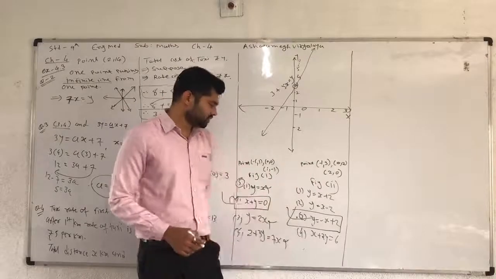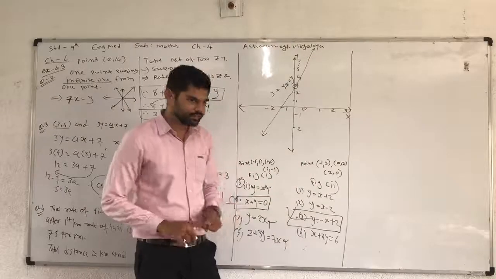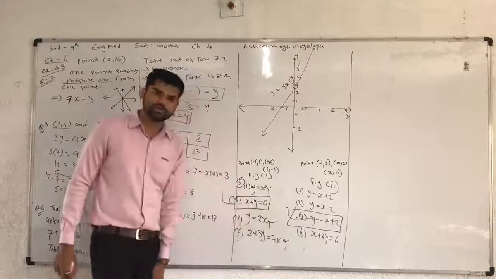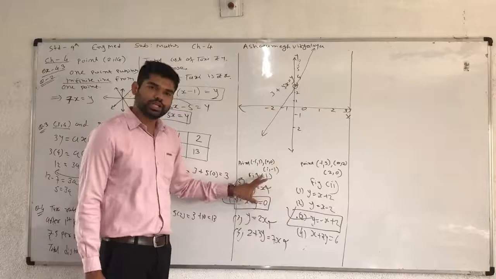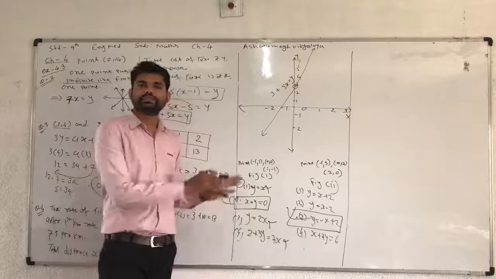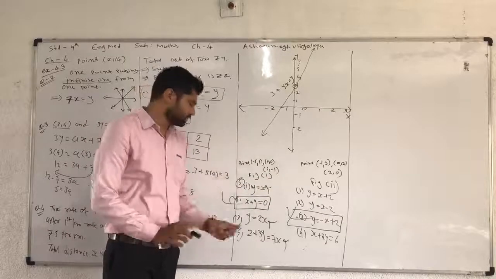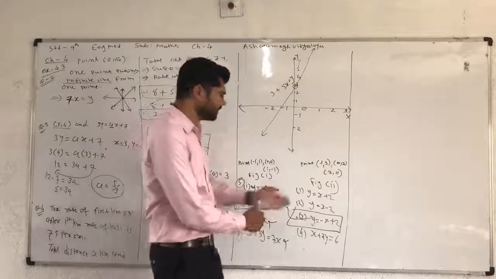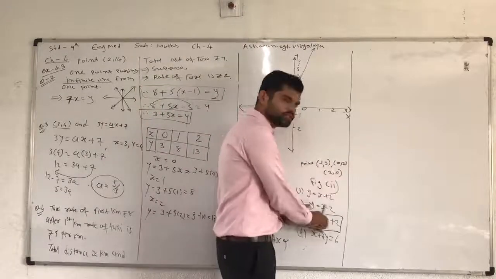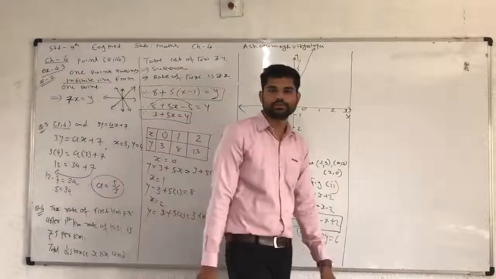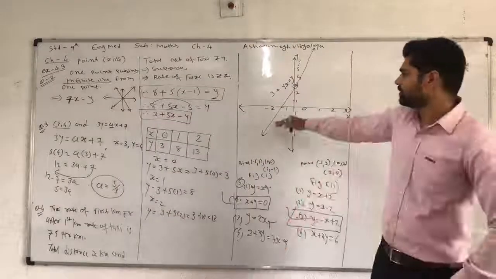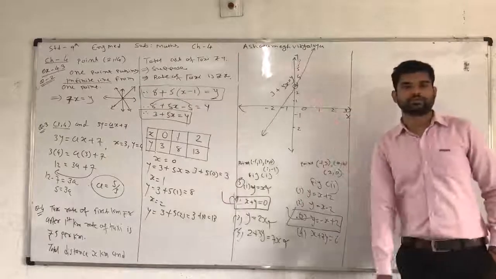So write down in notebooks. After completing, only one sentence needs to be written down. Here x plus y is equal to 0. Put all 3 solutions and get the same answer. Therefore, these coordinates are a solution of this equation. In a similar way, all 3 points are a solution of equation number 3 out of 4. So the notebook is completed. The remaining one you can complete by yourself. Thank you friends.